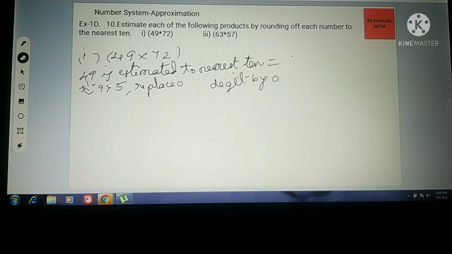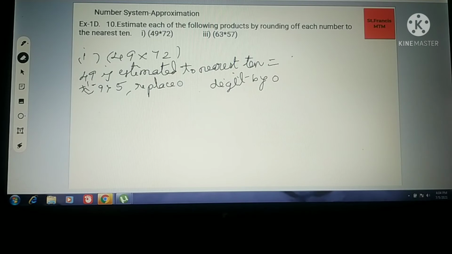Very good morning, students. Today we will see the rest of the problems here. What we have to do here is find the product of the given numbers, and that too, we have to round the numbers to the nearest 10. So first we will round the numbers to the nearest tens. After that we will do the product here.